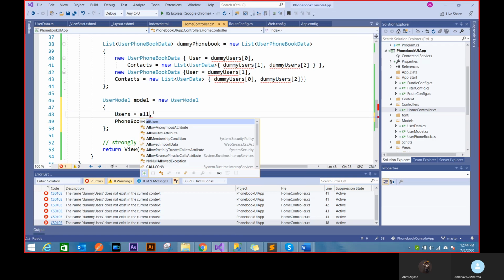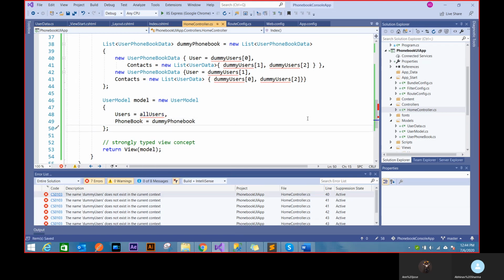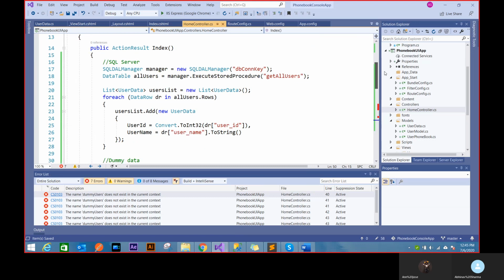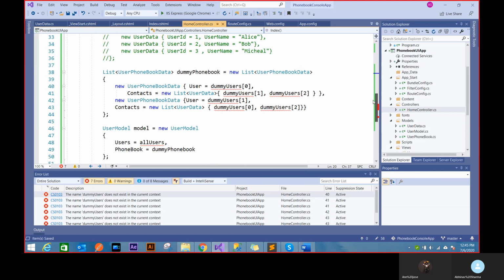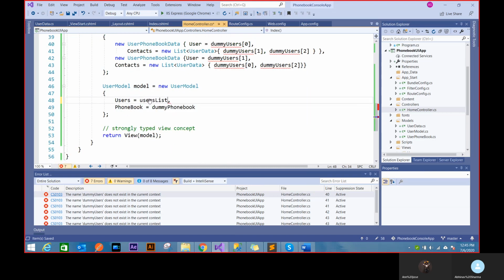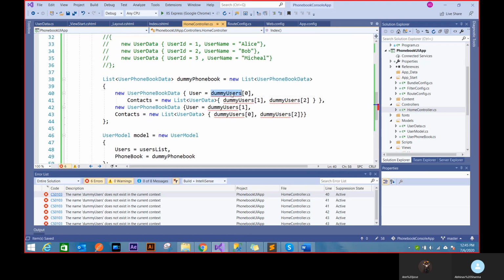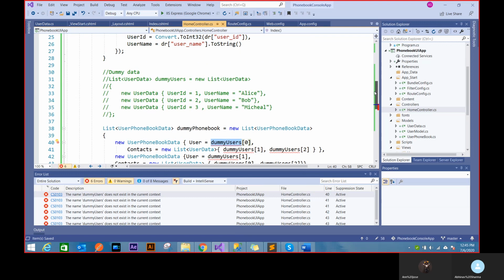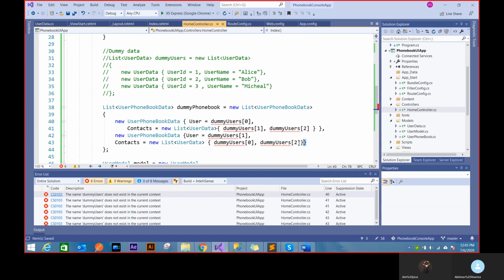This time I have this users from server. So if I do that, this is this data table, users list. This was my list. If I just run this, now this is breaking because obviously we don't have any dummy users in that way. And we don't really know whether we have a 0, 1, 2 record.